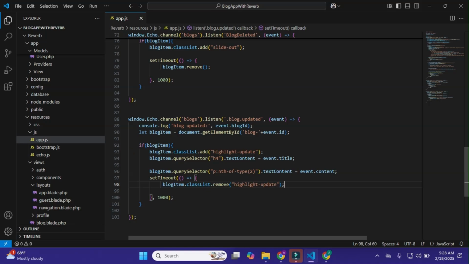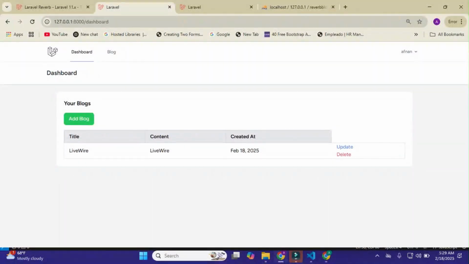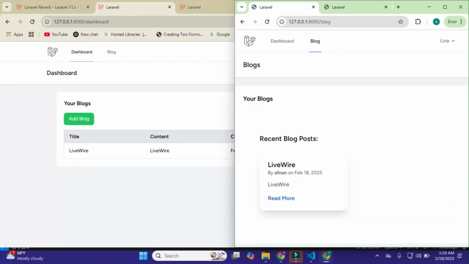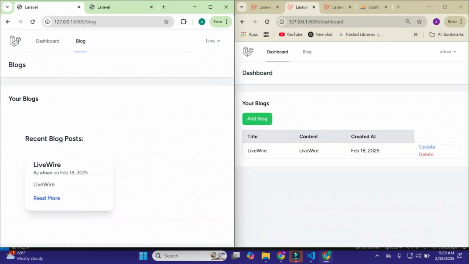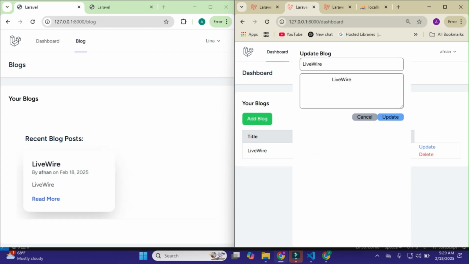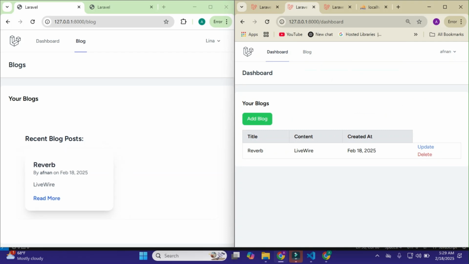I'll do this, and now I'll go to the browser. When I open it and update it, I want it to update here, and I'll make it Reverb. I'll update it, and here you can see it will update my blog.